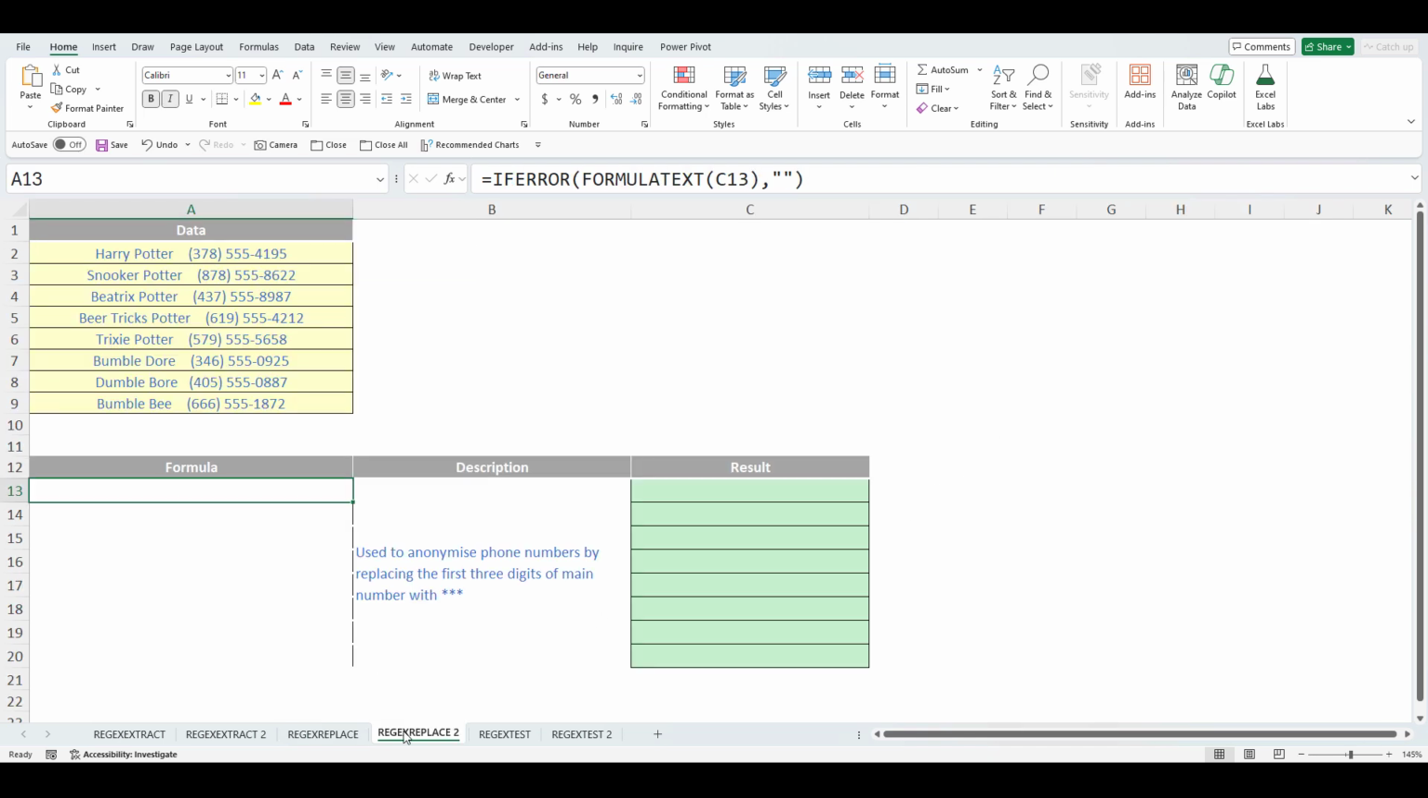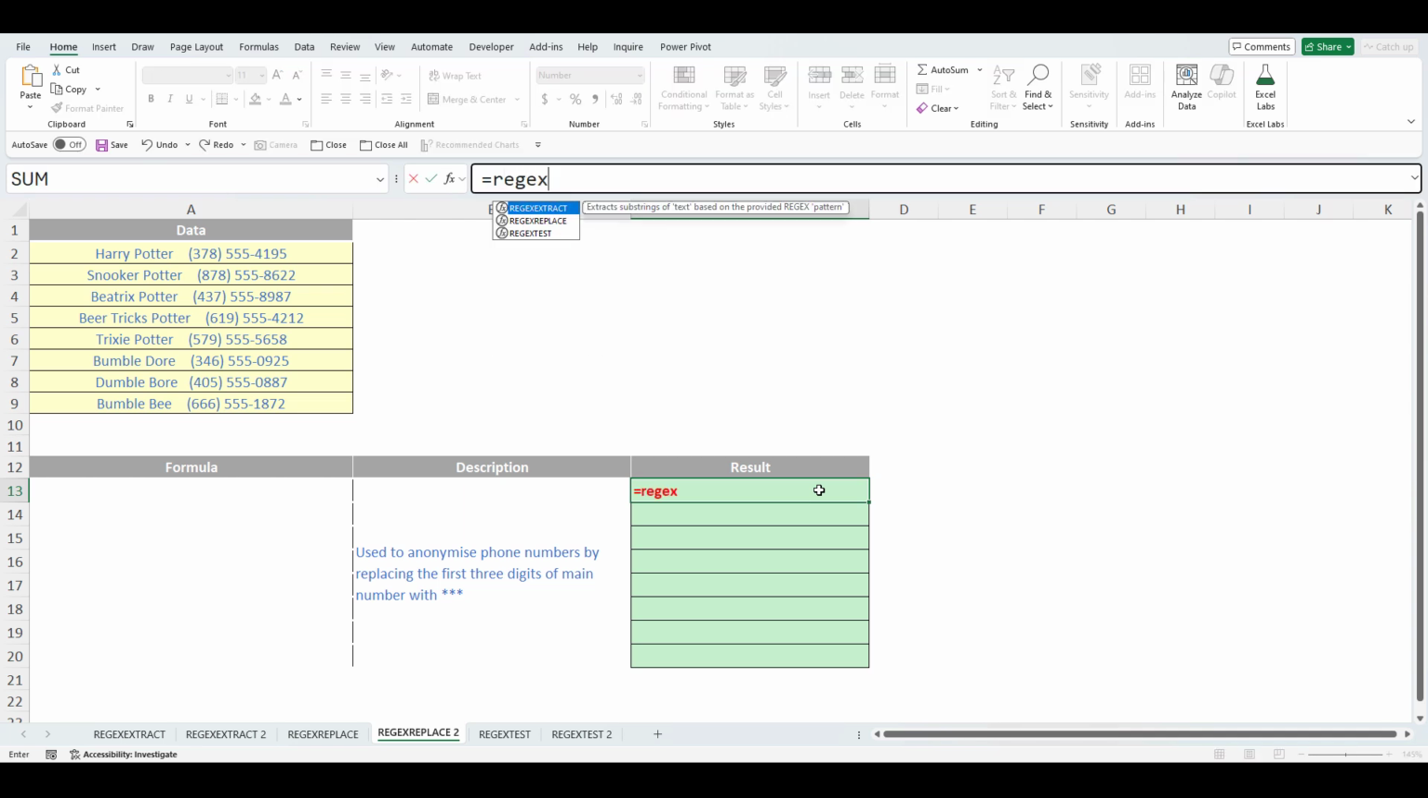Let's have a look at the second regex replace example then. So I've got my phone numbers from the Potters again, and this time I want to anonymize, there's a word that doesn't exist, the phone numbers by getting rid of the middle bit, like you sometimes see in credit card details as well. So I'm going to use the regex replace function as follows. I'm going to go in regex, take it down to the second one and press tab. So I'm in regex replace, and I'm going to highlight